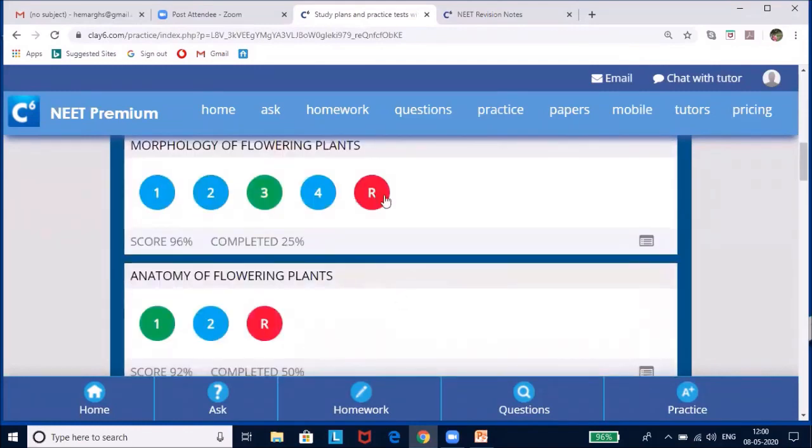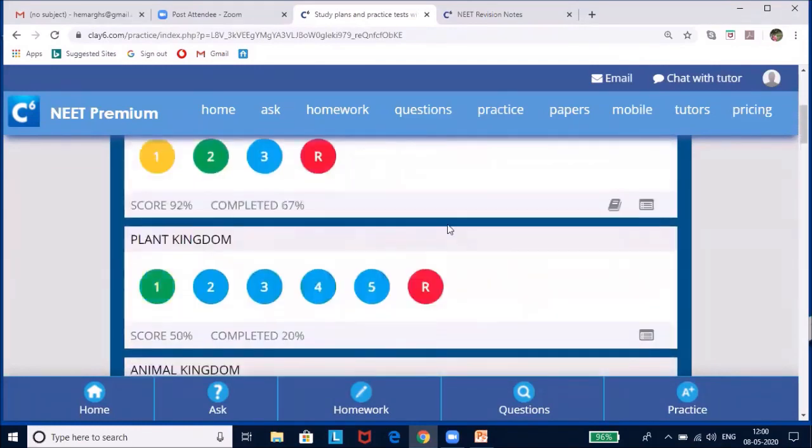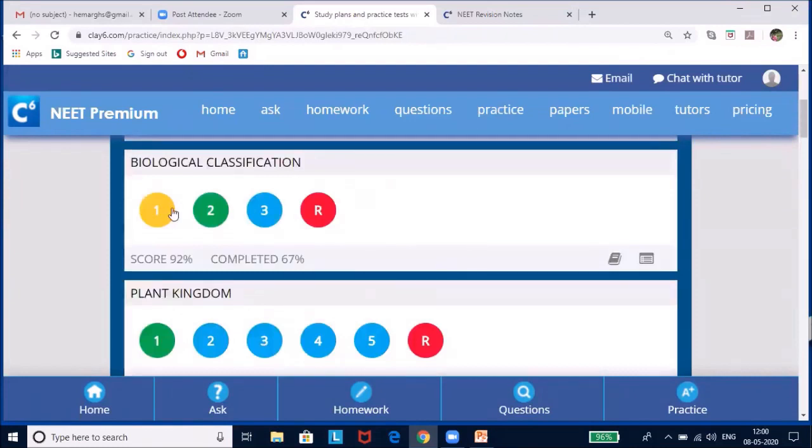Now we are seeing different kinds of colored bubbles here, children. If you see a yellow colored bubble, that means the test has not been attempted. If you see a green bubble, it means I completed the test. Though I have completed the test, I can take it again and again. Suppose I got fewer marks in test 2, then after 2 or 3 days, after looking at the answers and learning, I might want to check whether I'm able to recall. Then I can go back and take the test again.